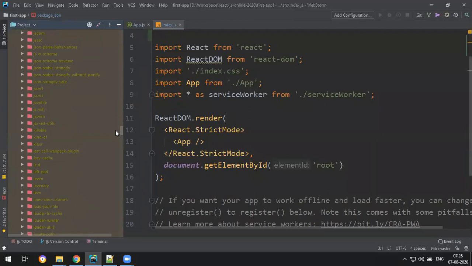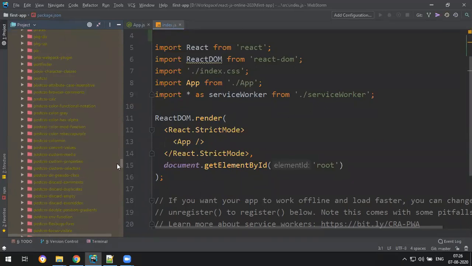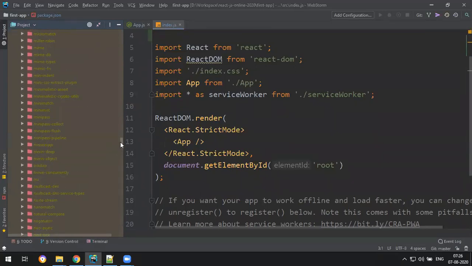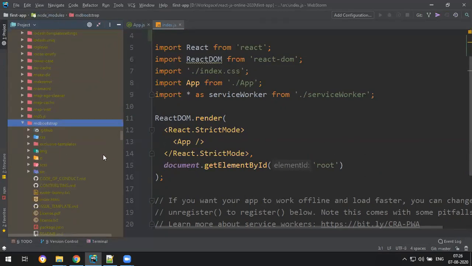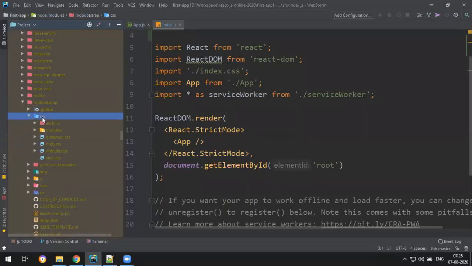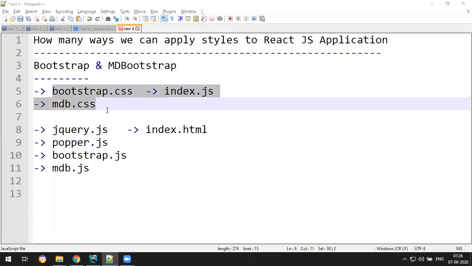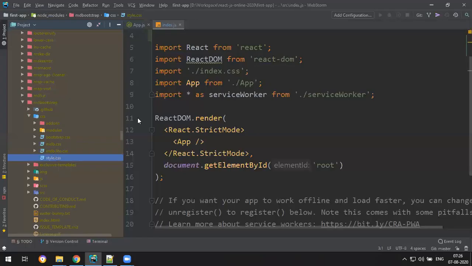Search for MD Bootstrap. Extract this. Yeah, you have a huge set of files. In that we have the CSS folder. In the CSS folder we have bootstrap.css, mdb.css, style.css. So the required files will be here, so we can add them.